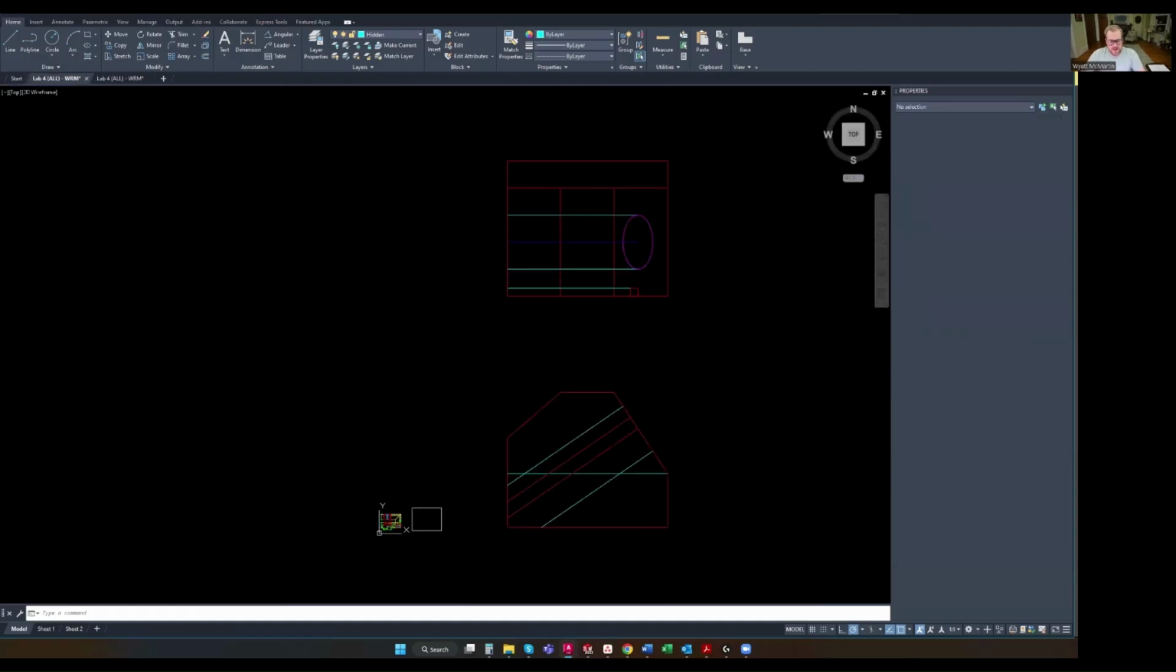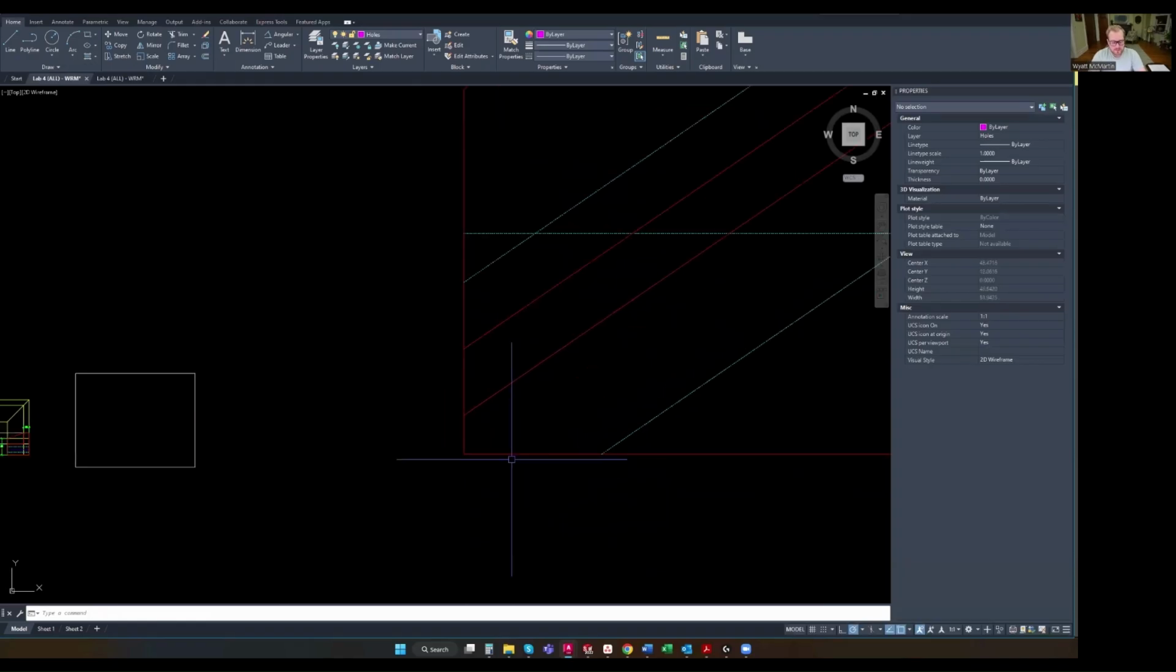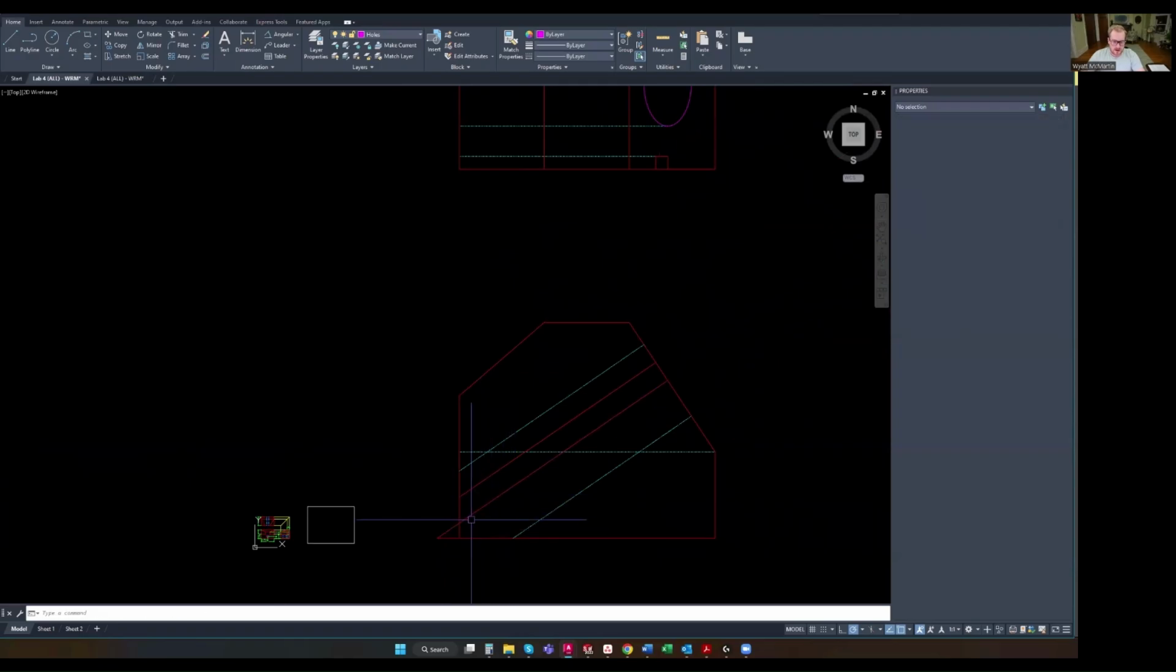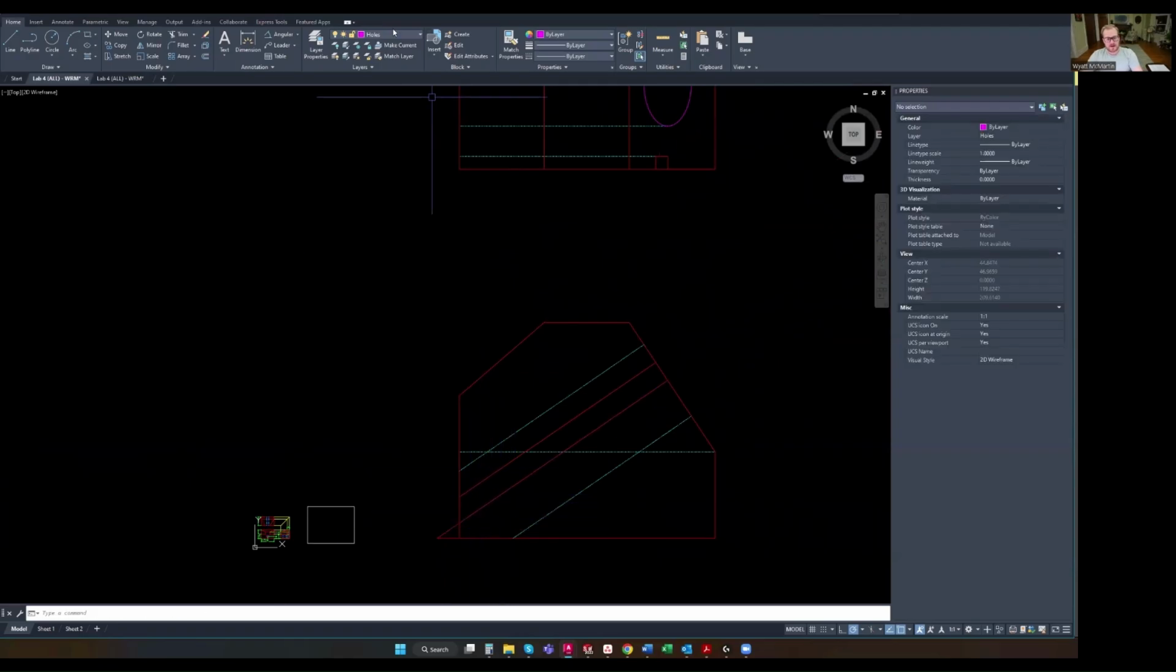So in order to do that, we are going to type F enter for fillet, R enter for radius, 0 enter for a radius of 0. And go ahead and select this line right here, the bottom of your slot, and this line right here, your bottom horizontal line. And that's going to create an extension of our center line. Now, with our construction line selected,